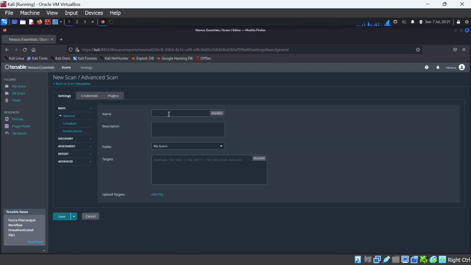So you will see that it's pretty much the same type of template that we saw in the host discovery one. So now let's type a name, maybe advanced scan, ADB scan on Metasploitable, and then I can add a description. I can select the folder that I want to keep this scan record, and then the IP address. My IP address of the target is 10.10.10.29, and then